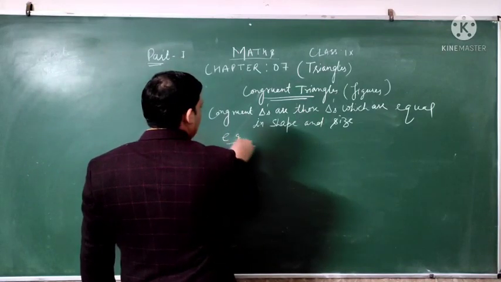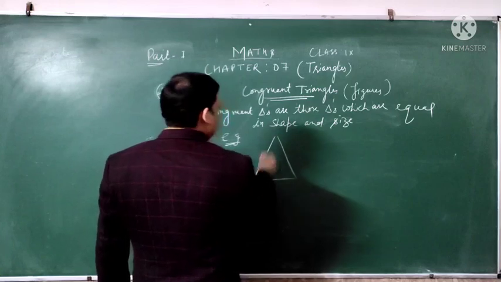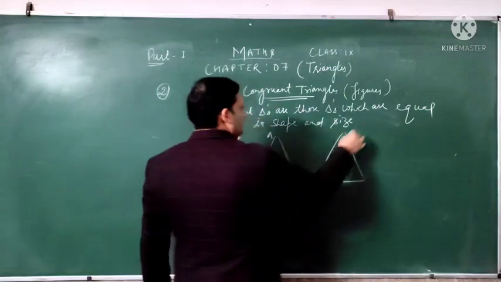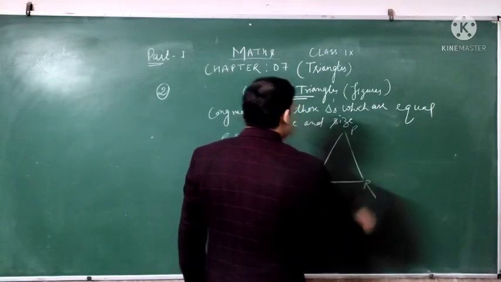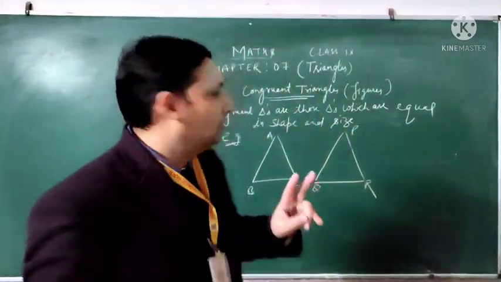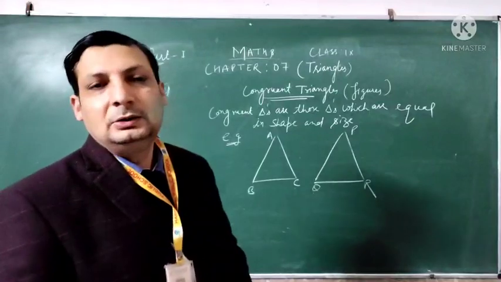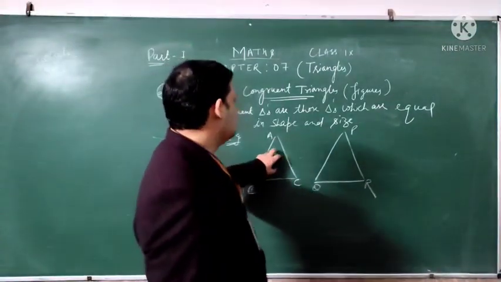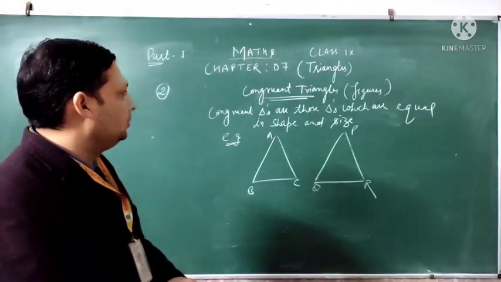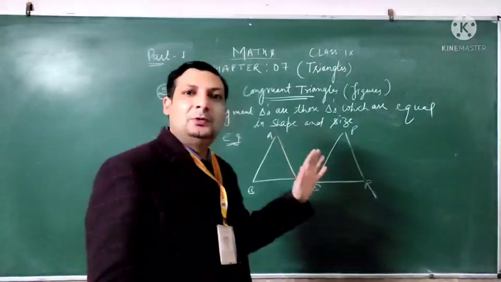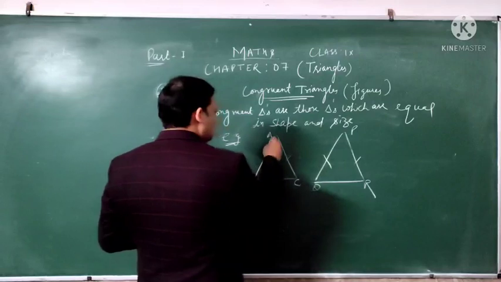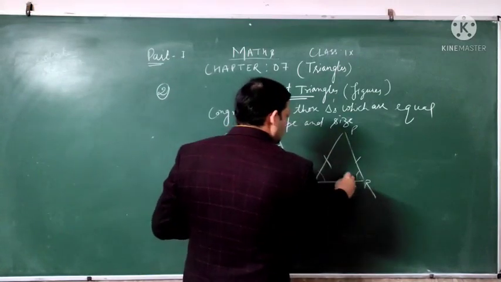Now I will take the example of two triangles, triangle ABC and triangle PQR. Whenever we have to discuss congruent figures, congruent triangles, we have to take two triangles. Without two triangles we can't do the comparison. So we have to discuss congruent triangles according to these two figures, ABC and PQR. If we are taking the example of congruent triangles, it means they are equal in size, measurement, all are equal, angles are equal, corresponding.